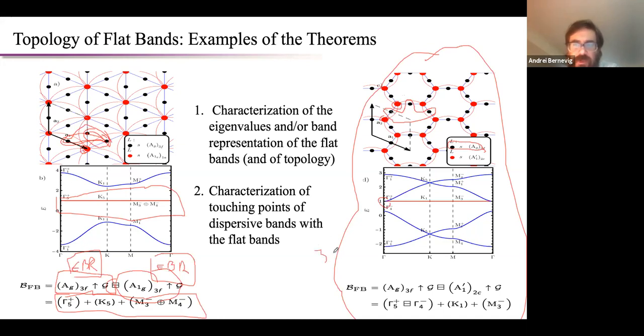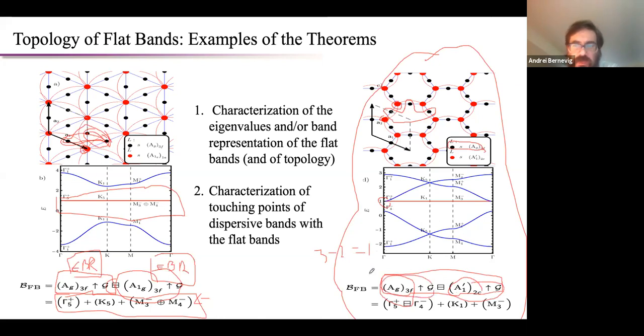Where you're going to have 3 minus 2, 1 flat band. Whereas here you had 2 of them. Okay, they were degenerate. Here you have 1 flat band. Okay, and you want to find out its eigenvalues at the high symmetry points. And what you do is, again, you do this subtraction. And this subtraction, you go on the Bilbao crystallographic server, you find this guy again, and you find this EBR